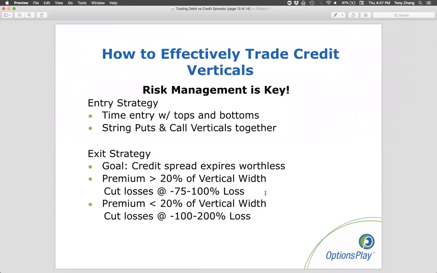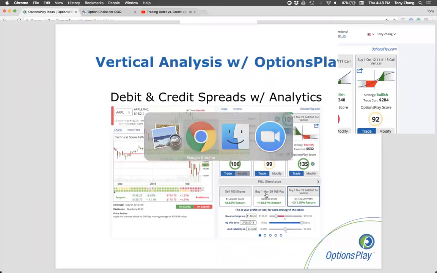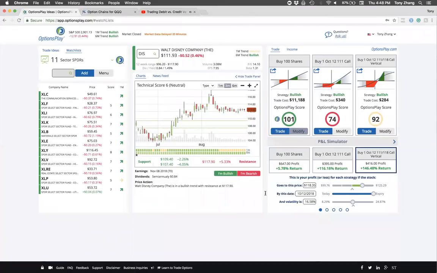So credit spreads, again, a little bit more involved than debit spreads. The rules for debit spreads are a little simpler, but making sure that you guys understand the difference between the two is the most important thing for this webinar. So with that, what I want to do is actually bring up Options Play and show you some examples of the two. I want to put the two side by side. I want to go through some examples where you could potentially go either way and show you how the strategies will actually perform. So I'm going to start off with